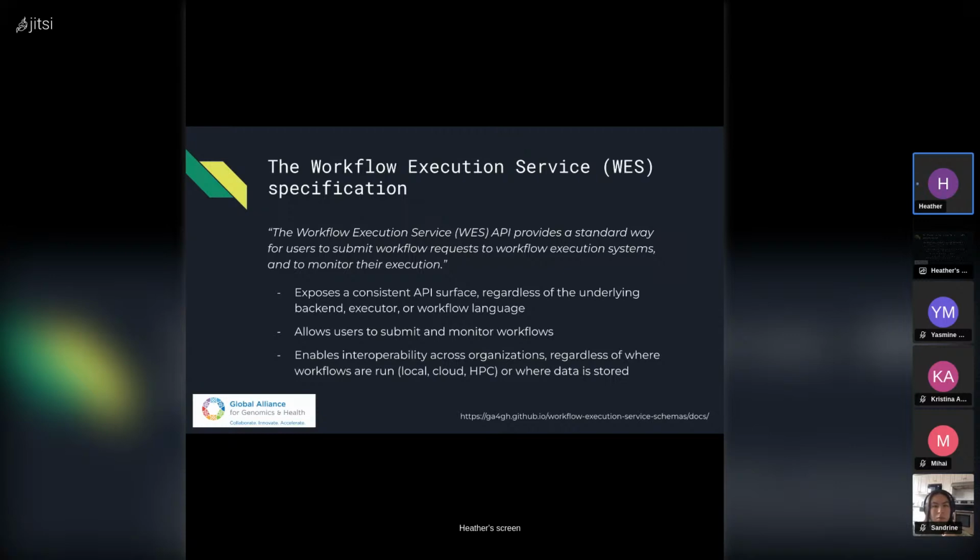And the WES spec, where implemented, allows organizations to run across different backend environments. So for example, different clouds, the HPC, regardless of where their underlying data is stored. Adhering to the WES spec forms a sort of contract. You know that if WES is implemented in a particular environment, the user can be assured that their workflow is going to execute there, and they don't really have to worry about the particulars of what is going on in the background